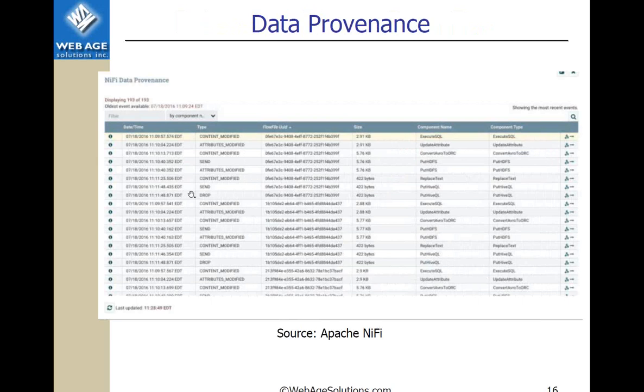Right. The picture is not very blurred because it's borrowed from Apache NiFi. But the point here is that we've got a timestamp, we've got the type of the message, the operation, we sent the data, we modified attribute, modified content, and then we have the hash code to uniquely identify that message. Size and component name, what actually was the operation applied to it. And you can drill down by clicking on that thing further.